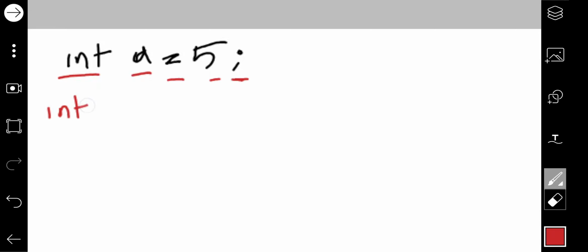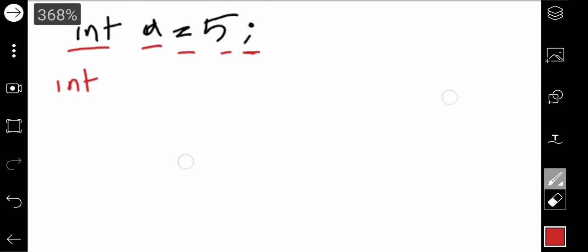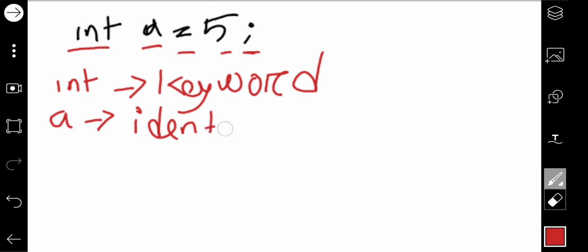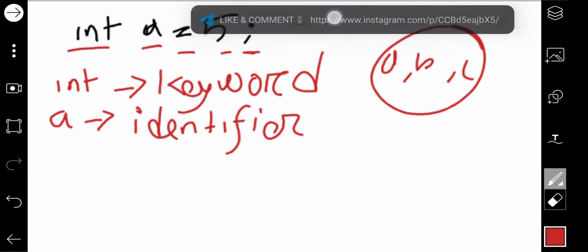Now for int, it is a keyword used to declare a variable as an integer. So I'll say it is a keyword. The next lexeme we have is a. So a is working here as an identifier. Whenever you see a variable, a, b, c, whatever it is, it will work as an identifier.